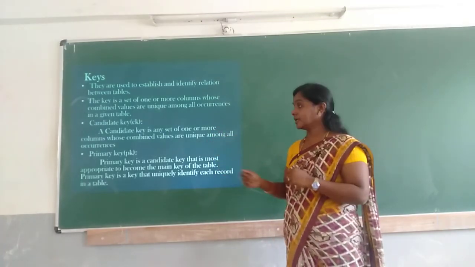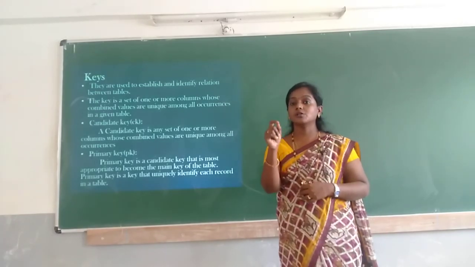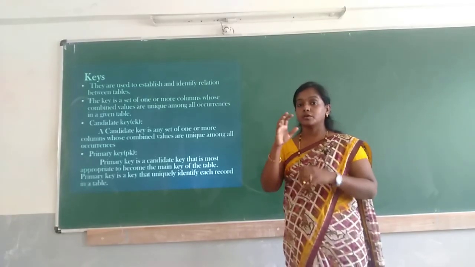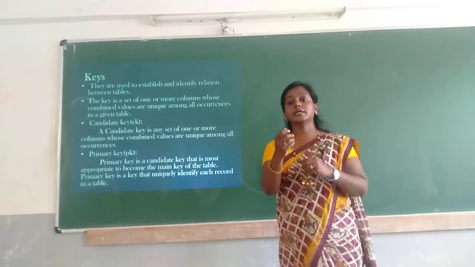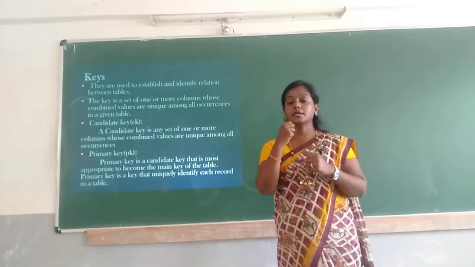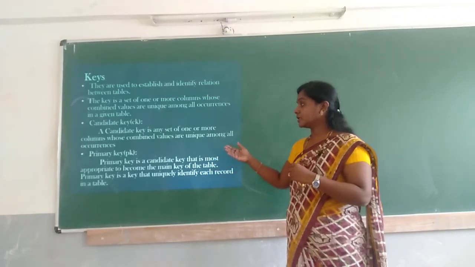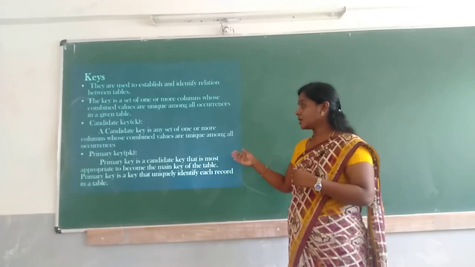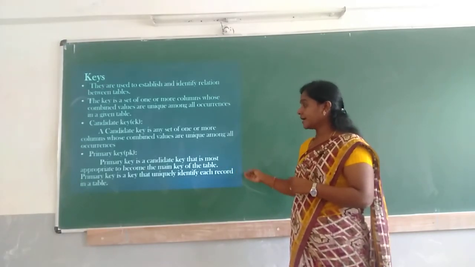Next is a primary key. A primary key is a candidate key. See here, a primary key is also a candidate key that is most appropriate. In a candidate key we combine two attributes, and among them, the one we can specify and represent as most unique is the primary key. So a primary key is a candidate key that is most appropriate to become the main key of the table. So a primary key is a key that uniquely identifies each record